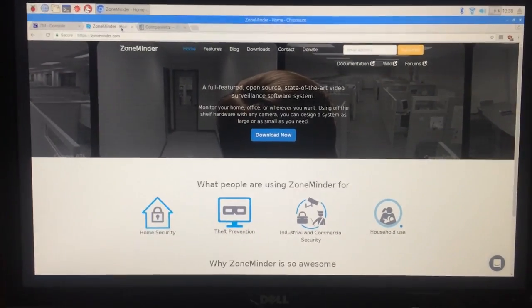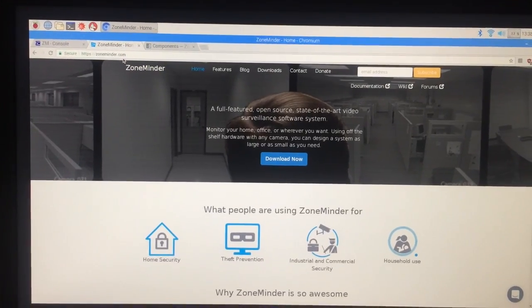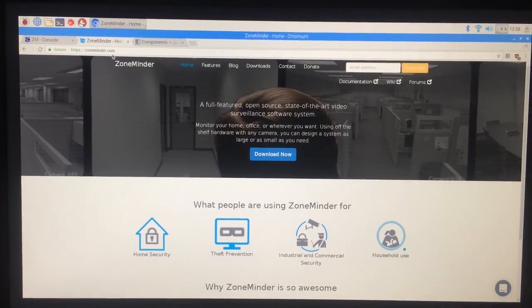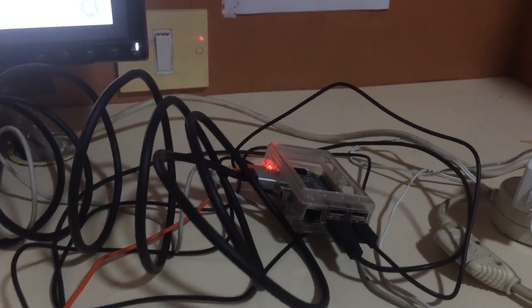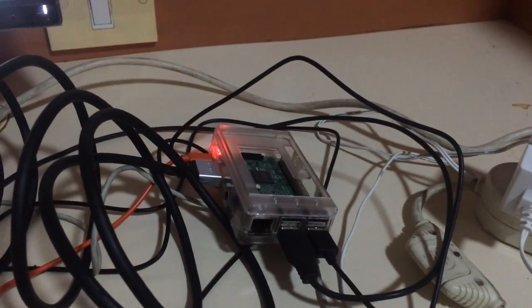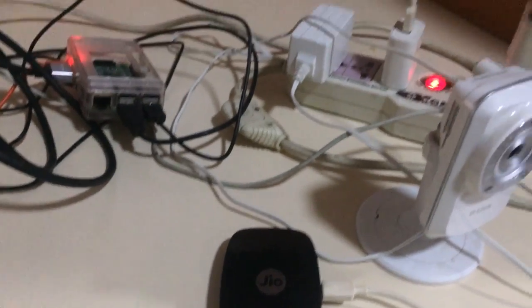Very good afternoon. This video is to test the Zoneminder open source surveillance software over a Raspberry Pi based hardware. So this is a Raspberry Pi B plus board, and this is now flashed with Raspbian OS containing the Zoneminder software, and this is now connected to a Wi-Fi based router, and this is the